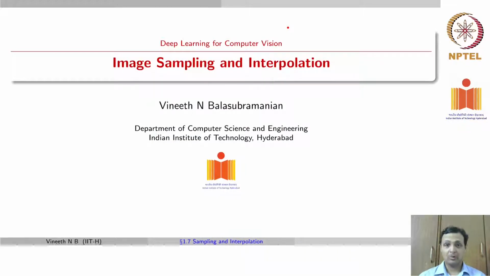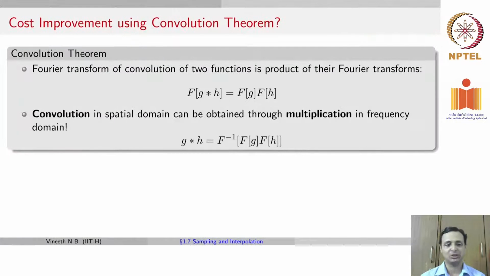The next topic we're going to look at is another important fundamental topic in processing of images, which is sampling and interpolation. Before we go there, we'll quickly review the questions that we left in the last lecture. So one of the questions we asked last lecture was by implementing convolution by going through to a Fourier domain,